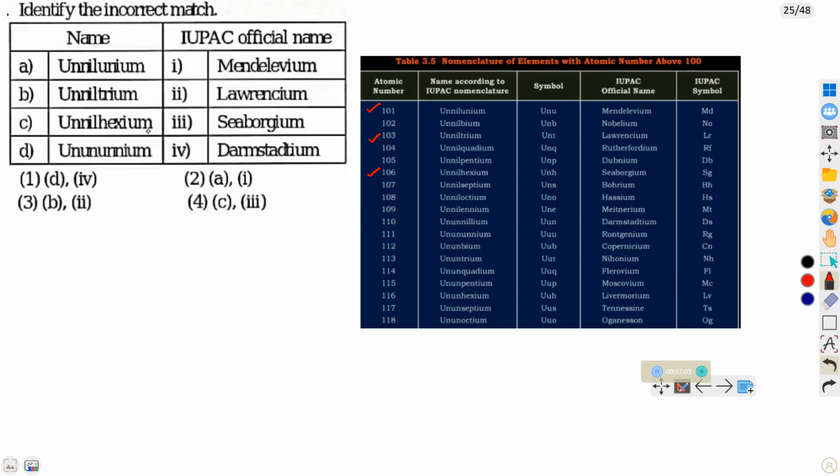Identify the incorrect match. D4 is incorrect because Darmstadium IUPAC name is